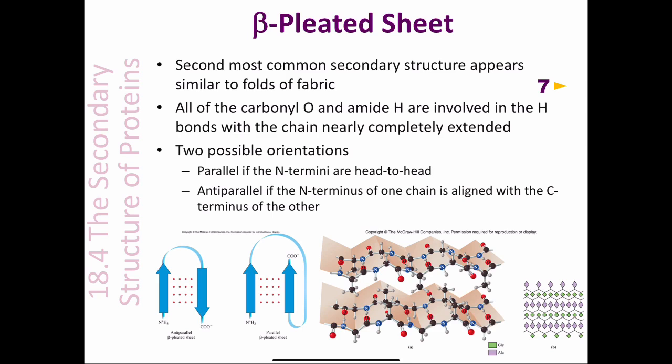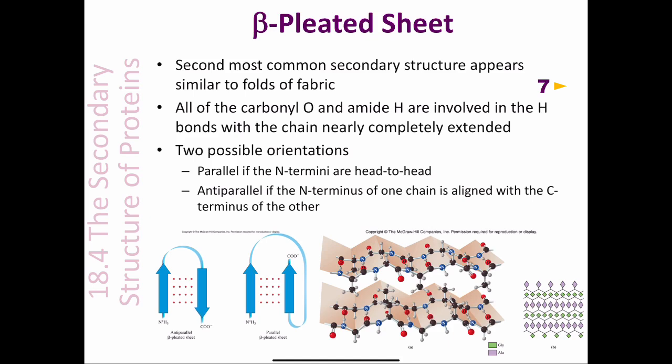After the alpha helix, the second most common type of secondary structure is what we call the beta-pleated sheet. The beta-pleated sheet appears similar to the folds that you would see in fabric like draperies, or maybe the corrugation in corrugated cardboard. All of the carbonyl oxygens and amide hydrogens are involved in hydrogen bonds with the chain nearly completely extended. So what that means is if you were to take a peptide or a protein and write out the primary structure in a line,